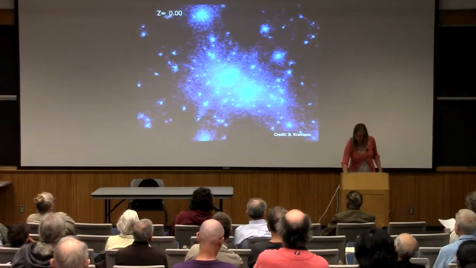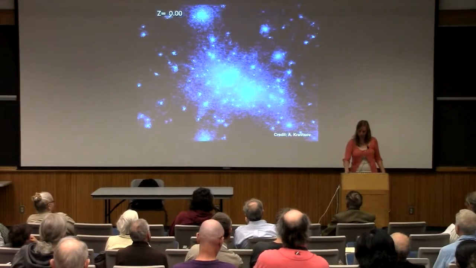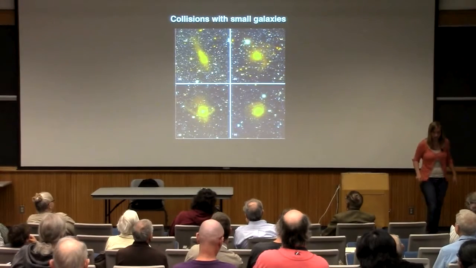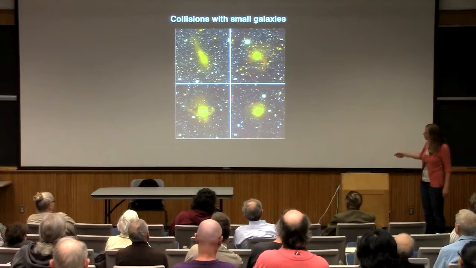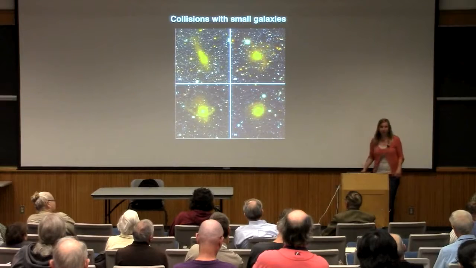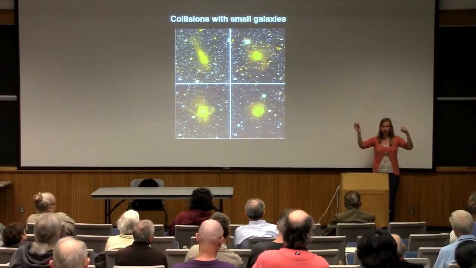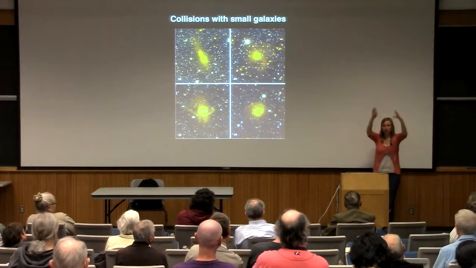And if you really look in detail and take very, very deep photos of elliptical galaxies around us, you do indeed see that there are lots of tiny substructures around them. For example, here you see there's a little neighbor. Here you see sort of fuzzy spiral arms. Here you see some tidal arms. Here you see some tidal arms. So it seems that these elliptical galaxies are actually still constantly merging. The way to make them bigger over time is by having tiny things smash into them, and then they're building up